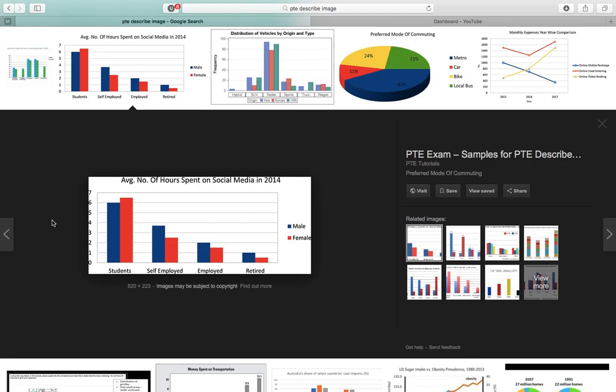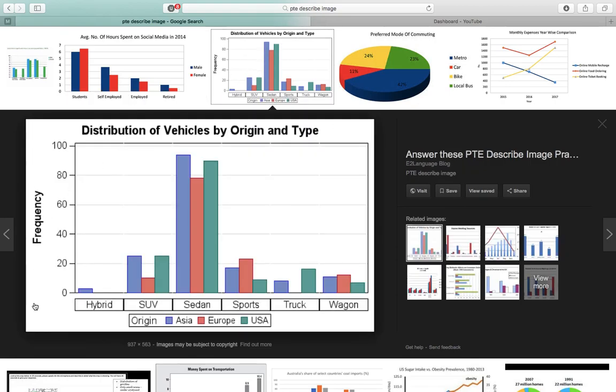The employed males and females spent anywhere from 1 to 2 hours on social media, and the self employed males and females spent from 2 to 4 hours on the media. In this case, I can say something like